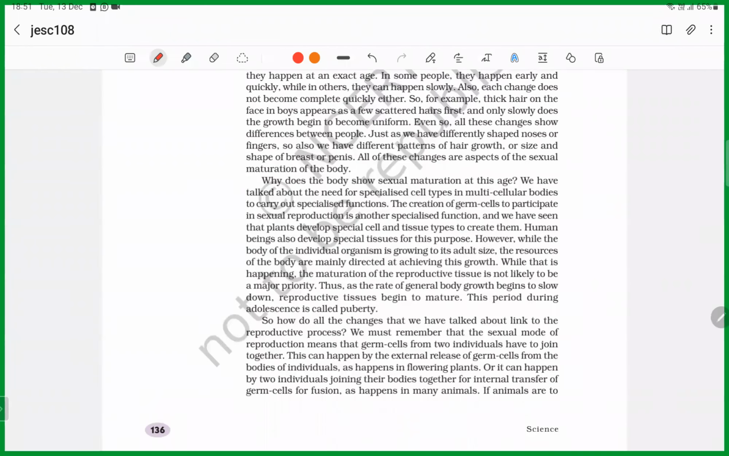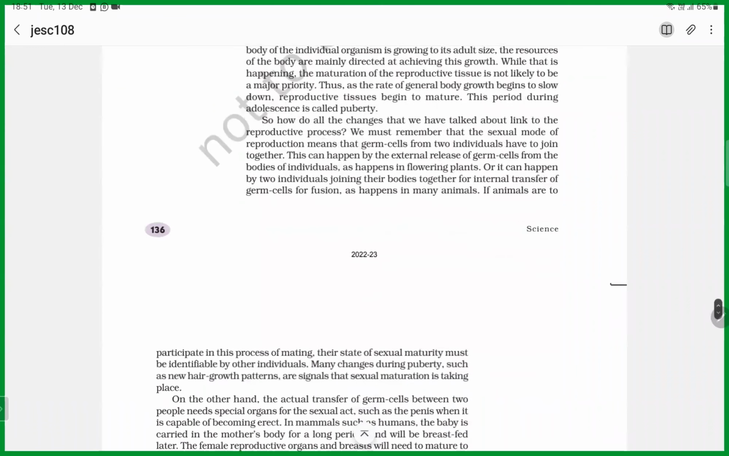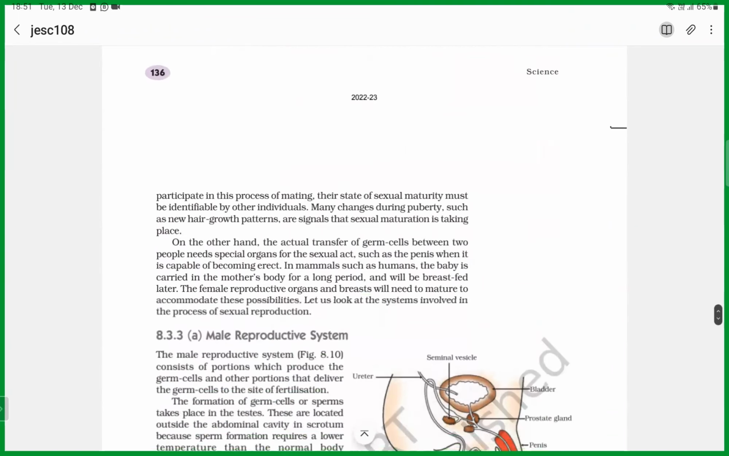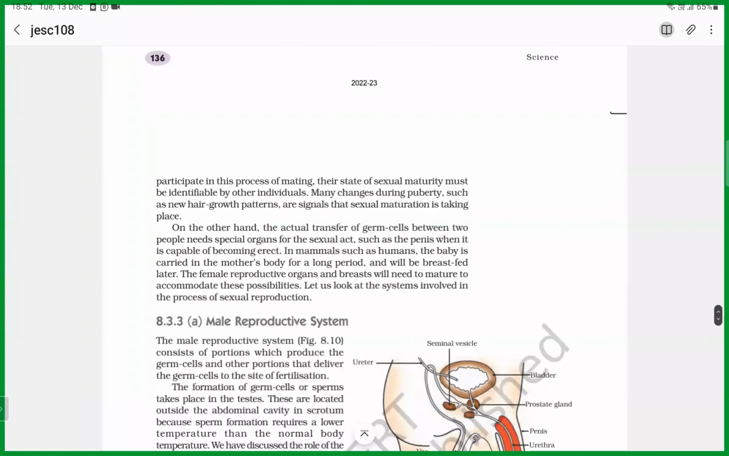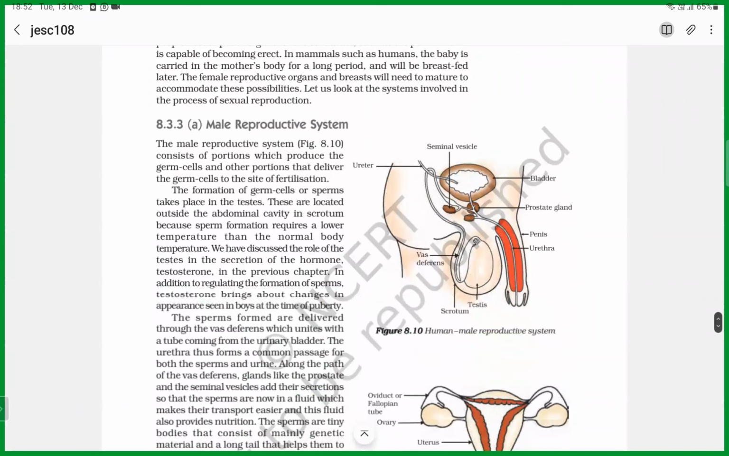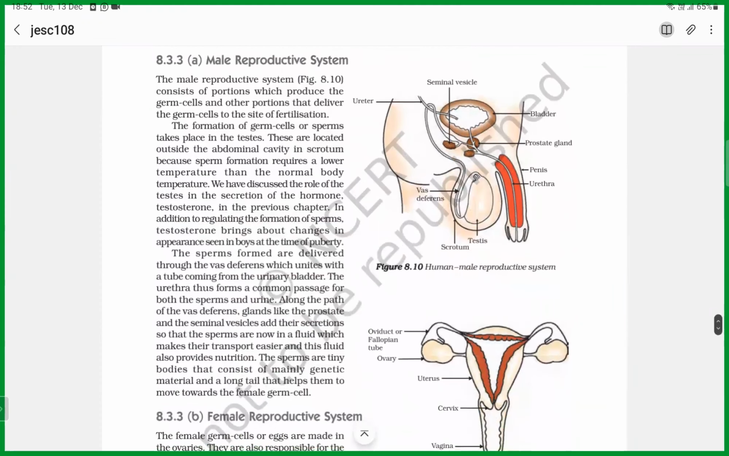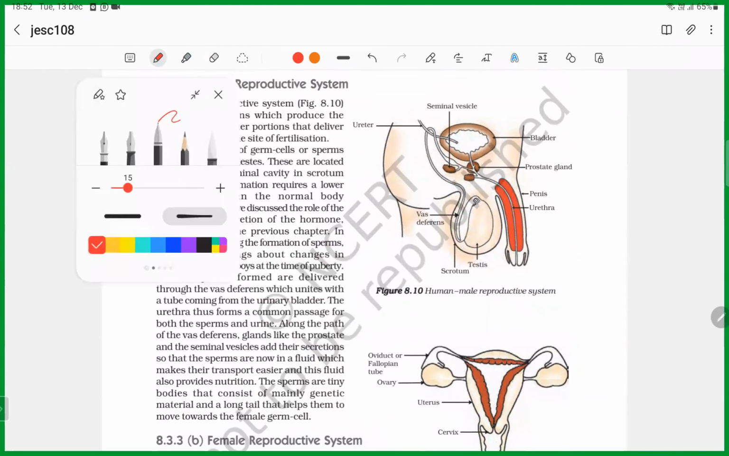And then coming to the, so we should understand what puberty is also, and to understand reproduction in human beings, we must know about the male reproductive system as well as the female reproductive system, the anatomy of male and female reproductive system. Okay, in male, the important components are